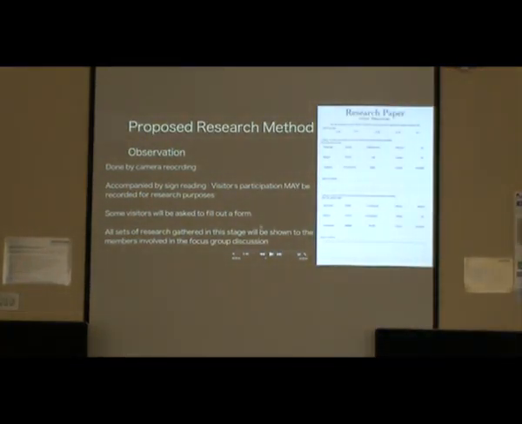This is an example of the research form that the visitors would fill out. It's got questions such as age, which is another point that camera observation can't pick up. You don't know the exact age of the people interacting. You know there's a rough age, but that's about it. And then it's got keywords that they circle. Some relate to the product and some don't. That's in order to assess if the communication of the piece was successful. And the option for other comments if they have anything more detailed to say. And then another section, repeated, is done the same, but just with the interactivity of the piece.